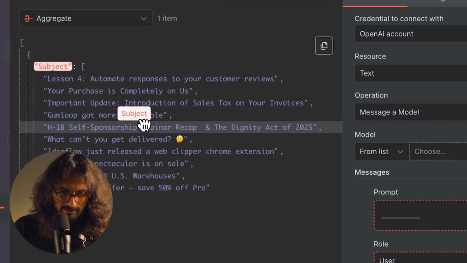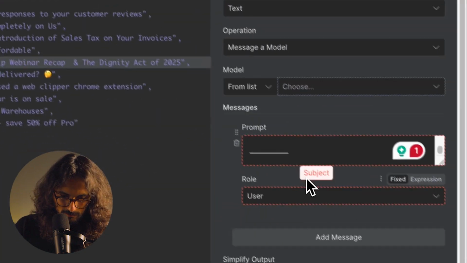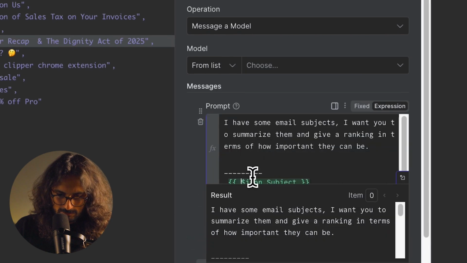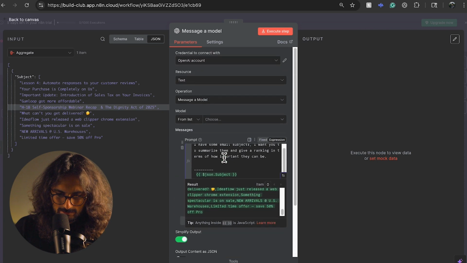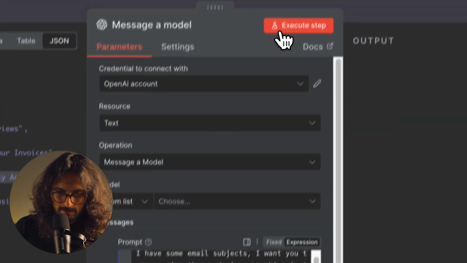So what I want to do is just basically drag this right here in the subject. Oh, dragging issues. Okay, just gonna put it here, and you can see that there's subject here. And then the whole prompt is like this. So the whole prompt will have your emails. And then when I execute the step,